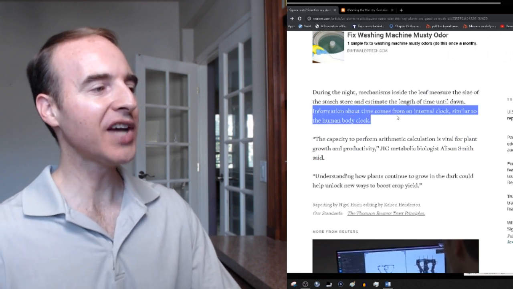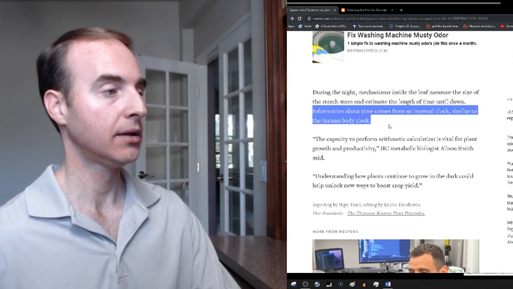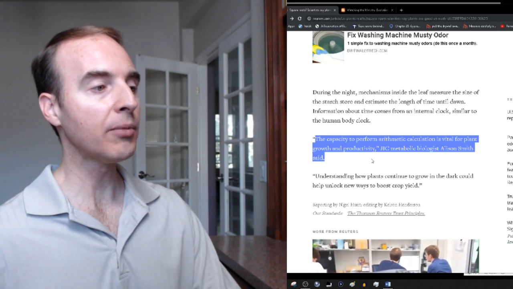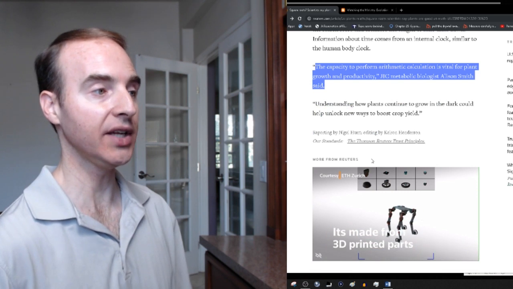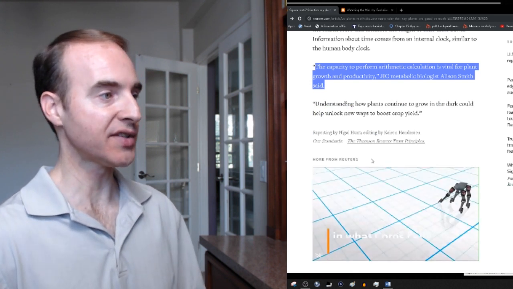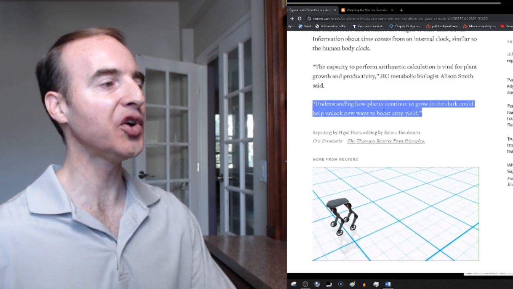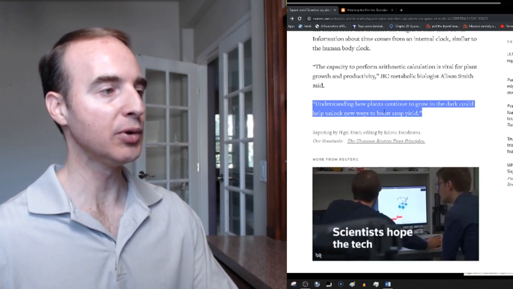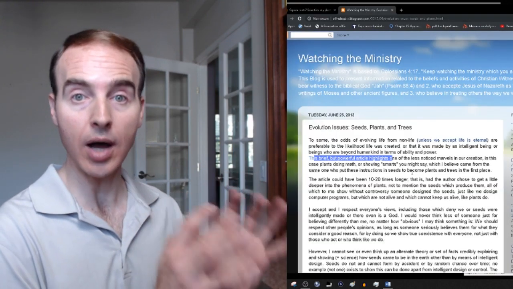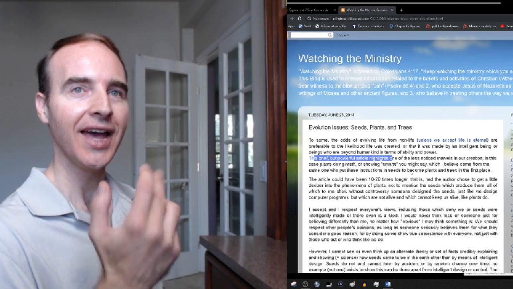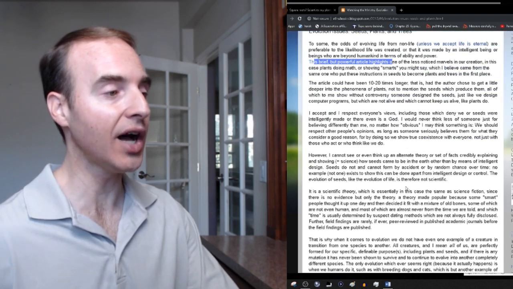"Information about time comes from an internal clock, similar to the human body clock. The capacity to perform arithmetic calculation is vital for plant growth and productivity," said John Innes Center metabolic biologist Alison Smith. "Understanding how plants continue to grow in the dark could help unlock new ways to boost crop yield." So with this, now that we know they do complex arithmetic calculations, estimate the amount of food similar to what we do, even having a biological clock,